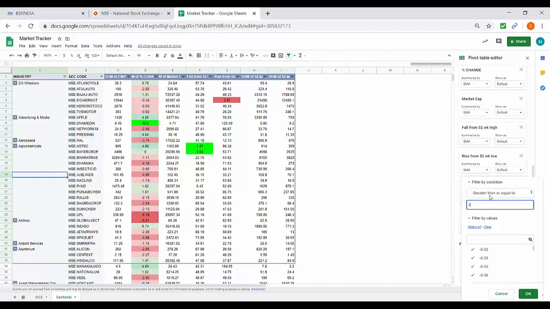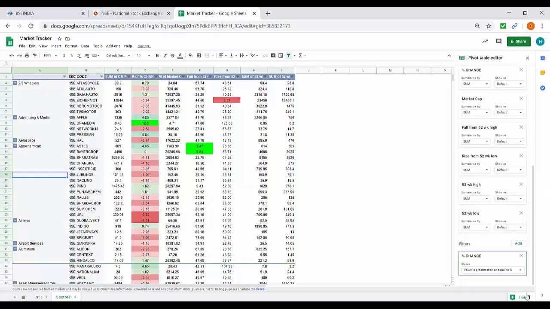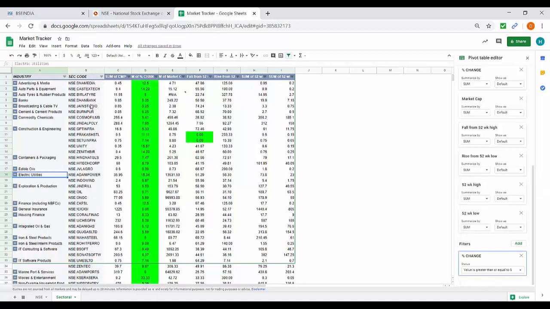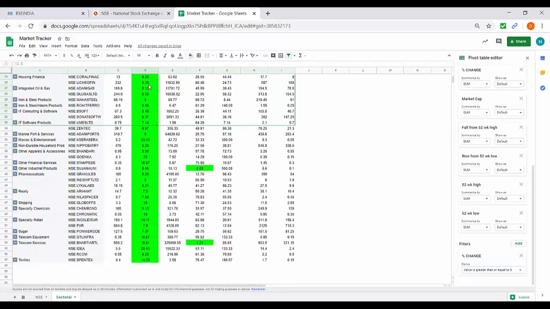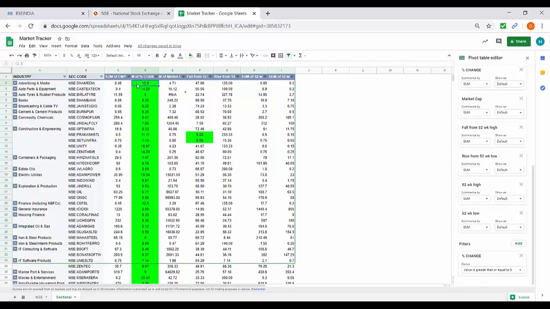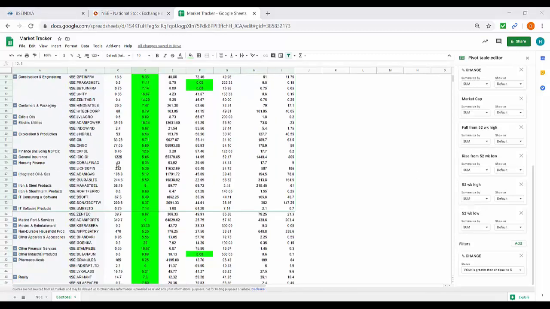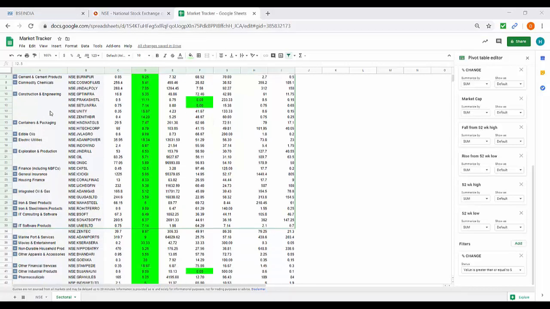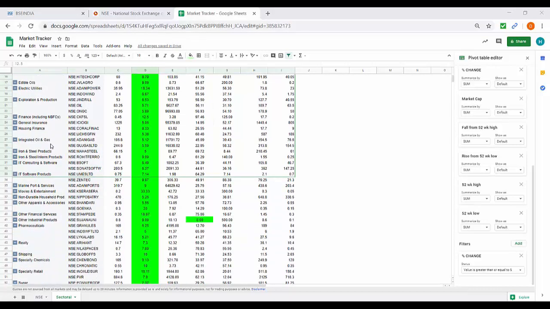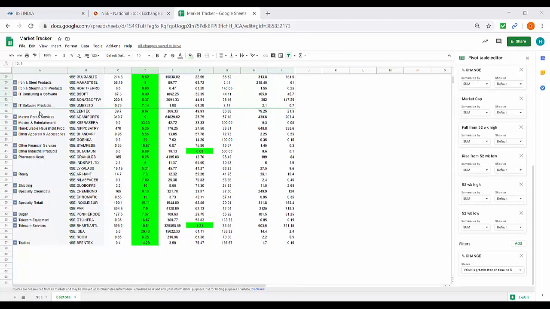So we select greater than or equal to 5% and click OK. Here we get all the stocks which have moved more than 5% on this particular day, and then you can analyze what industry they belong to. If one or more industries are popping up on a daily basis, one can analyze the stocks of that particular industry to find a trending move.